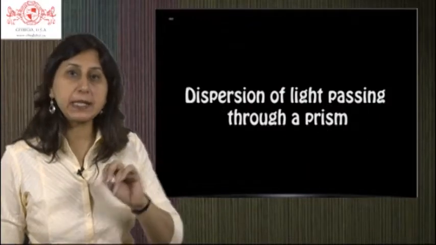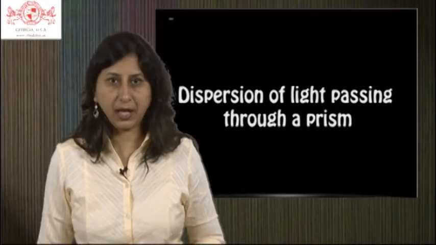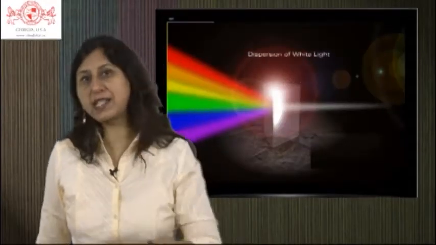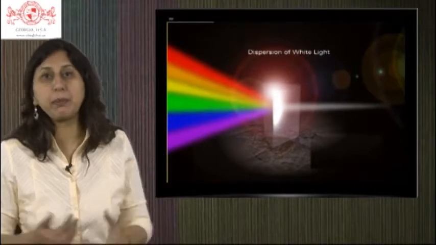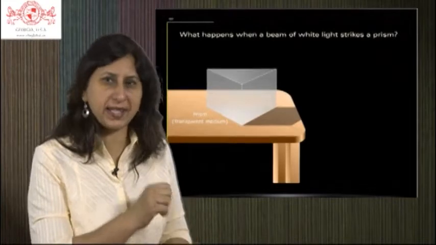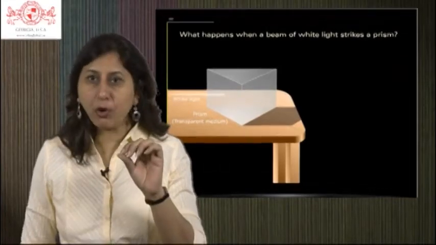Dispersion of light passing through a prism. Now let us see how light gets dispersed when it passes through a prism. What happens when a beam of white light strikes a prism? When a narrow beam of ordinary white light is passed through a glass prism,